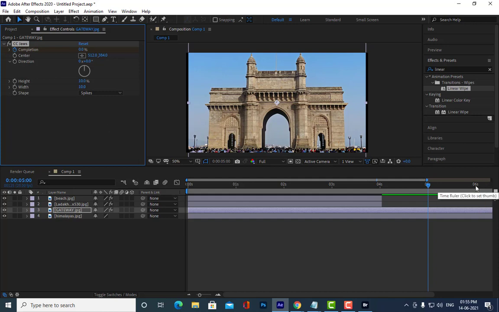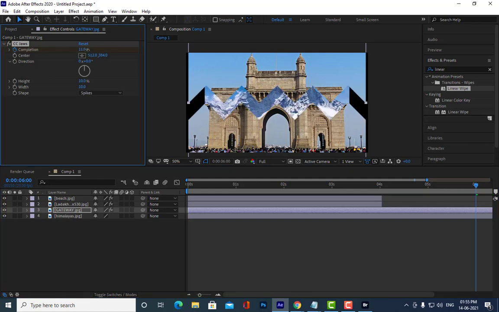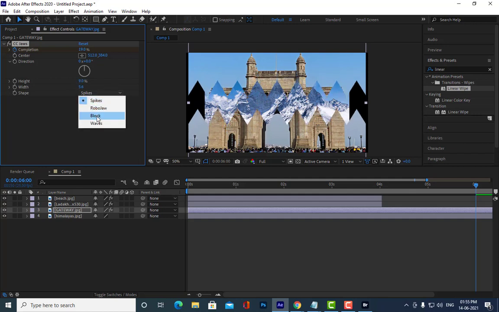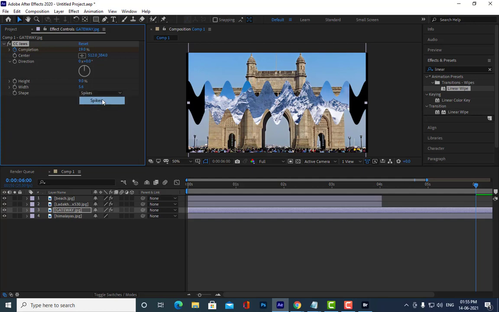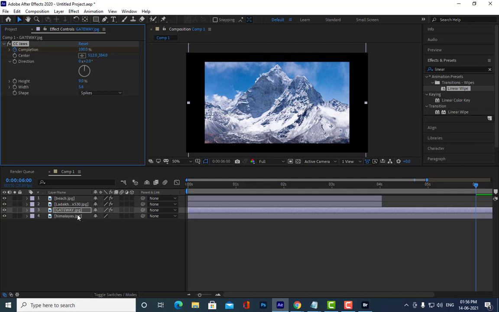We will continue till this one, the 6th second. See here, everybody see. So you can increase the spikes width. You can say spikes, blocks, or you can use waves. But actually spikes is nice. And you can change the direction also. See here, and then you can simply increase it. Able to understand, everyone?